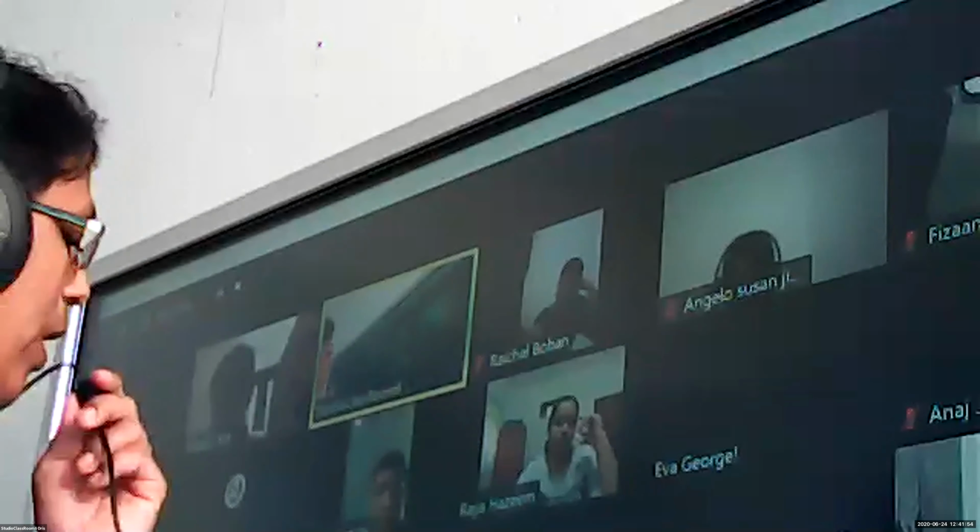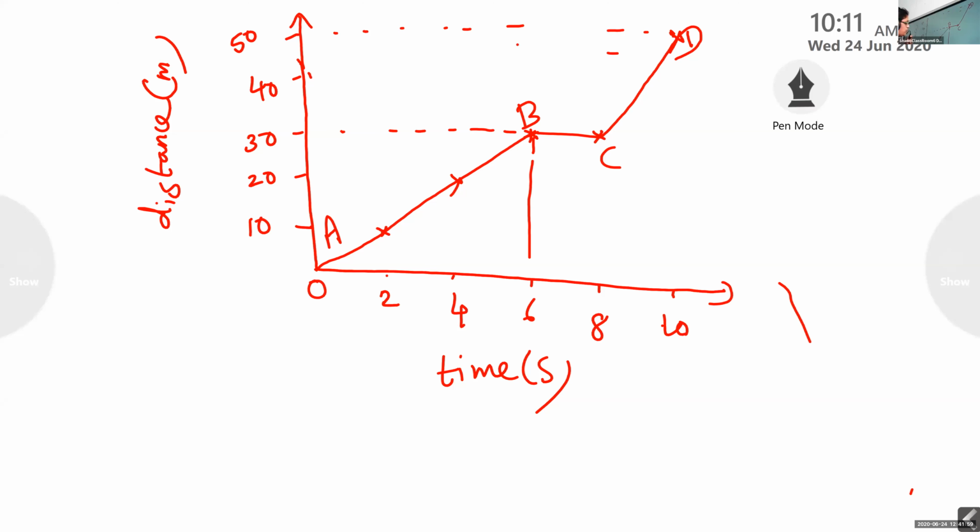Shall we go back to the diagram now? What is the meaning of that question? In first 6 seconds means up to 6. You have to find out the velocity at AB. AB means this, 30. Listen, children, even in your graph, if it is mentioned distance, the question can be asked as velocity. You don't have to worry, both are the same. We learned velocity is the displacement by time. Here also it's a displacement, that is, the car is displaced from A to B.